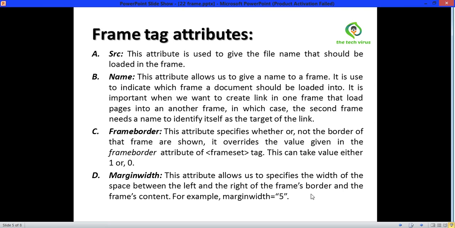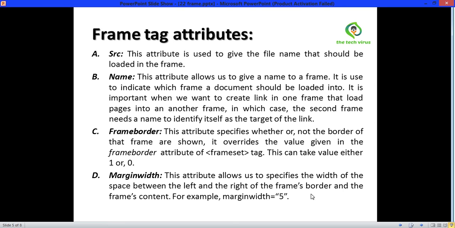It is important when we want to create a link in one frame that loads pages into another frame, in which case the second frame needs a name to identify itself as the target of the link. Third one is frameborder. This attribute specifies whether or not the border of that frame is shown. It overrides the value given in the frameborder attribute of the frameset tag. This can take value either 1 or 0, 1 for yes and 0 for no.